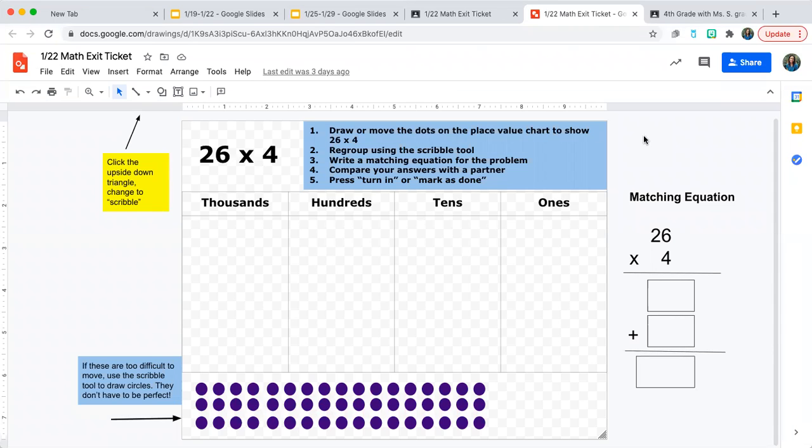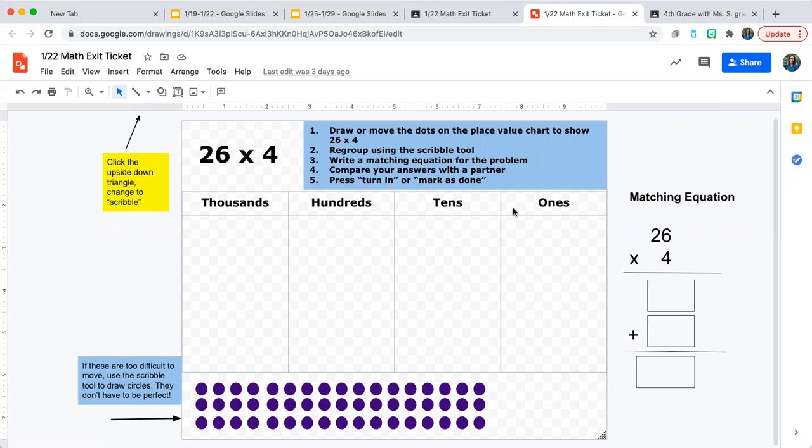All right, I just want to go over one more time how to do this type of problem. I was looking at your assignments, and a lot of you started to get the hang of using the dots and making sure that you're regrouping, which is awesome. But we are still missing a couple pieces. Now, shout out to those of you who did all of the parts. If you didn't, you can watch this video and figure out how to do each of the parts